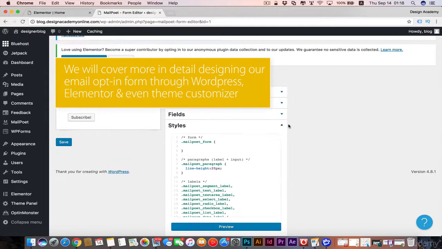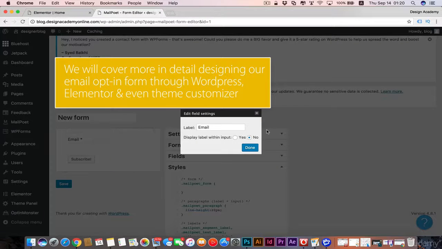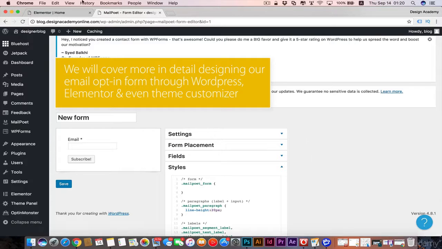It's a custom code for customizing your form. And here you can customize your form by editing display. You can change your label's text and whether to display it within your label or outside it. Then you're gonna press on done. And here you can display the button for subscribe. But anyway, let's go to our